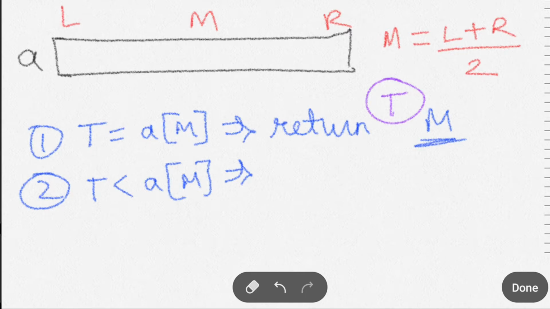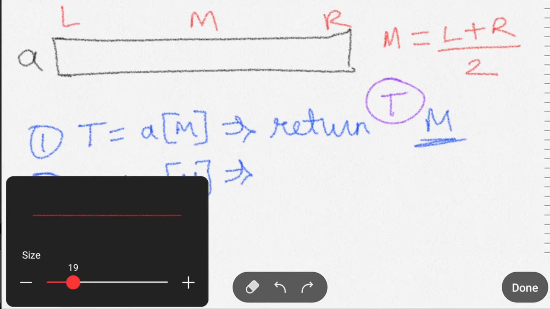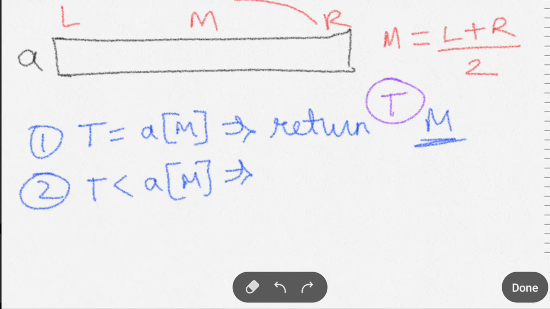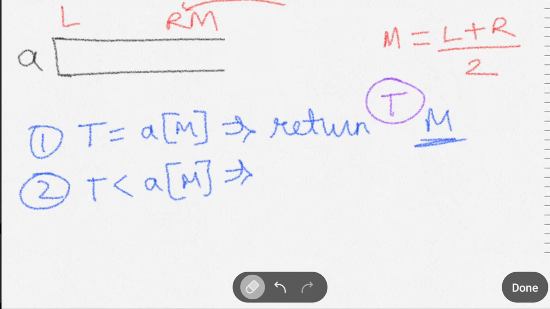So when the second condition is satisfied, it means our target value should lie between the left element and the middle element. So we have to shift our right pointer to this side, and we will just ignore these numbers.